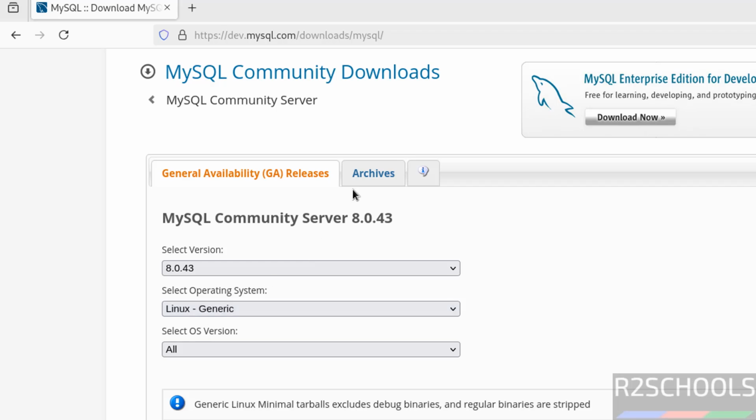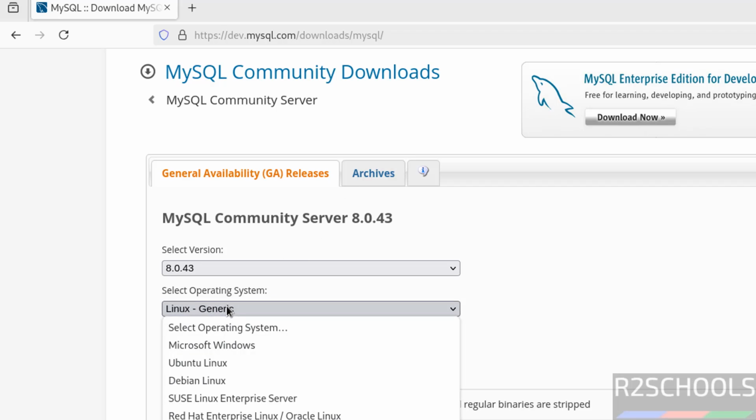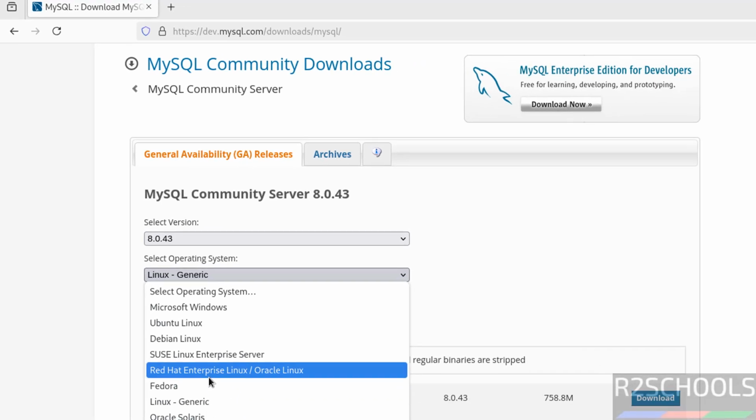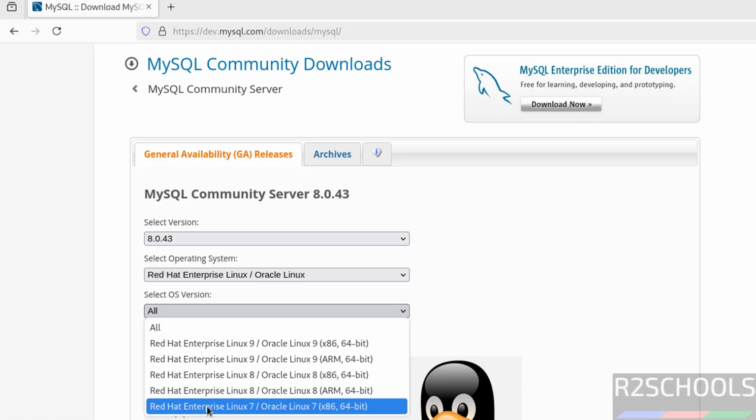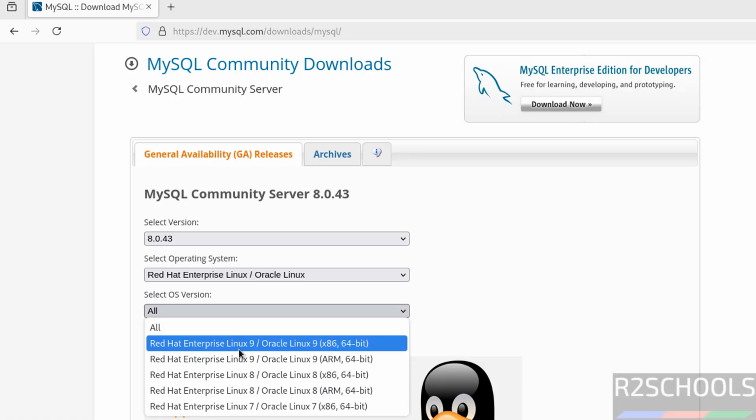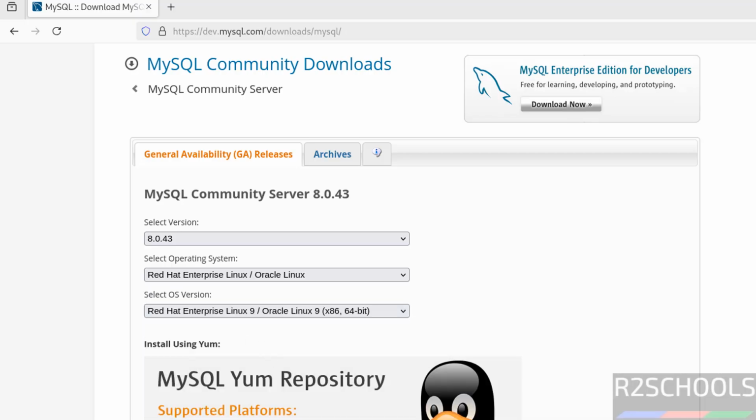If you are unable to find the version, you have to click on archives. There you will find all older versions. Then select the operating system. Select Red Hat Enterprise Linux / Oracle Linux. Then select the OS version. See here we have Oracle Linux 9 / RHEL 9. Select it. See, once we selected it, the list of RPM packages that need to be downloaded and